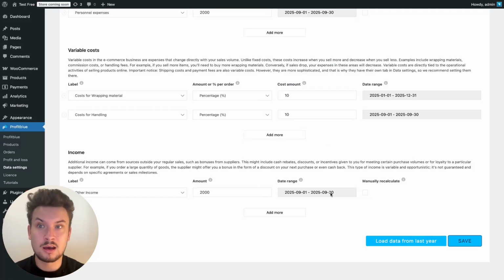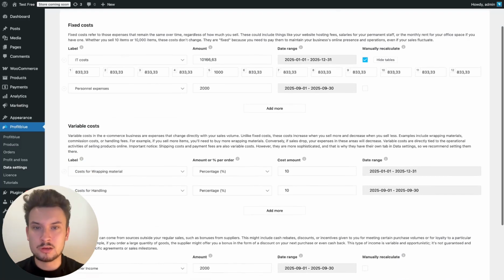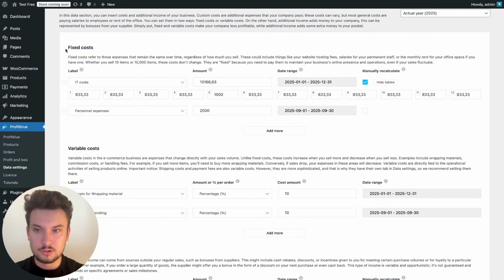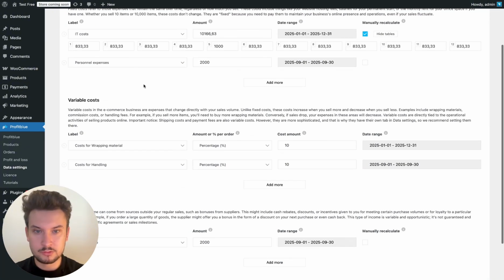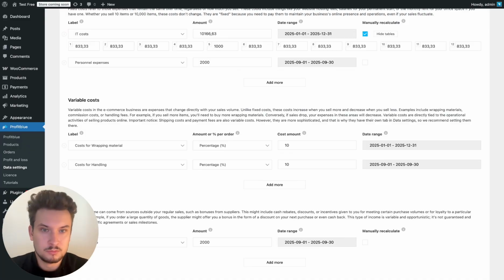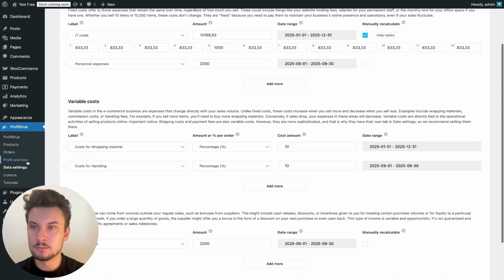And that's it. That's how you set it up. You can give here up to 15 costs for every single type of cost. So I think it's enough. You can put up to these 15, you can put 5, you can put 2. It really depends on every single business. So we